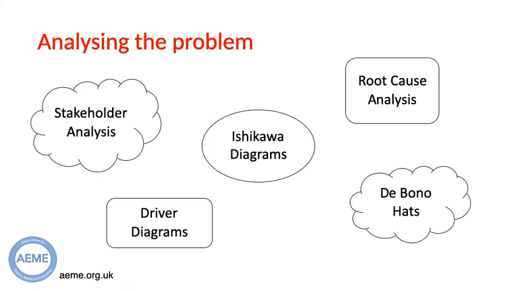There are several tools available to help look at your current environment or system to analyse how an improvement can be made. These can help identify the team members involved, the specific steps in the system, potential contributing factors, and potential improvement ideas. On this slide, I've put some examples of these tools.